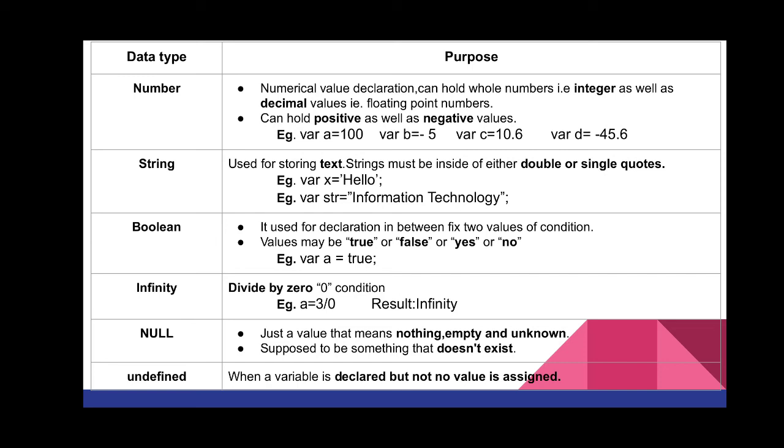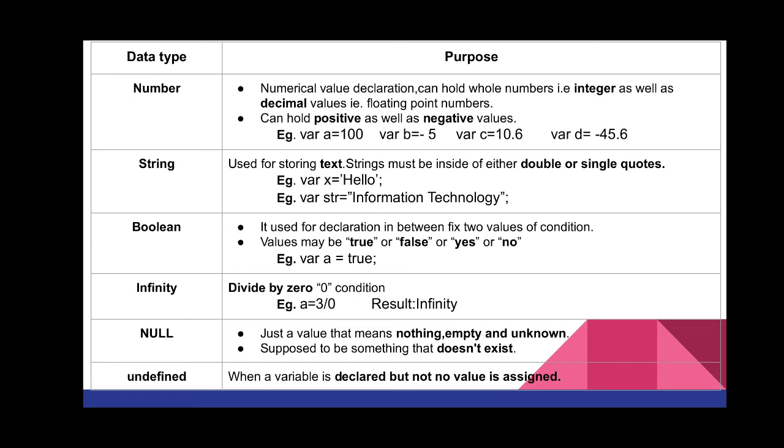Now you will be getting confused, ma'am, true is also a text, right? But look, I have not used any single quote or double quote, so that is why it is not a string. If I would have used single quote or double quote, it would have treated it as a simple string. But no, I am giving it the value true or false because JavaScript understands that it is a boolean type of data. So you can give a equal to true, a equal to false, a equal to yes, or a equal to no. Nothing other than this.